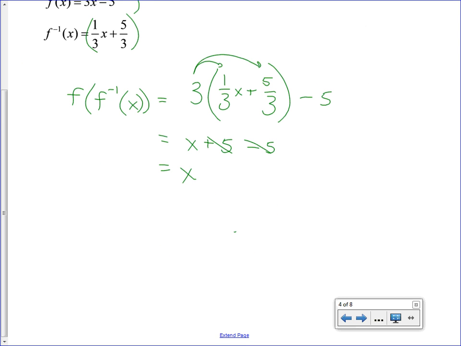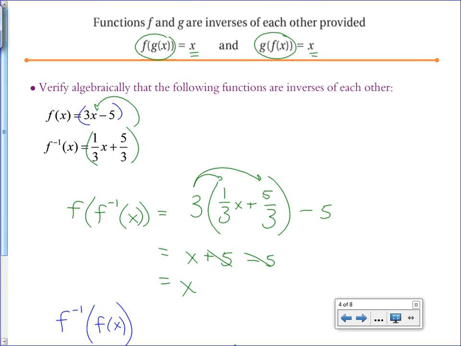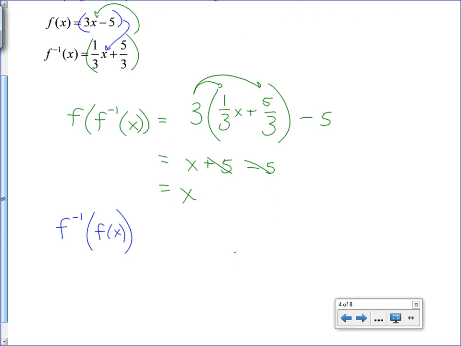We have to find, I'll switch colors for this, the inverse of f of x. So now we're going to plug the original function, which is this whole thing, into here and prove that it also simplifies down to x. So I'm going to start with my 1/3. In place of x, put the entire other function,